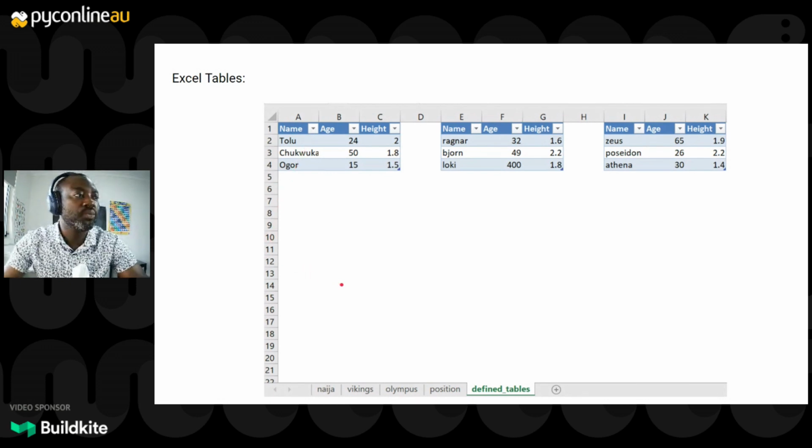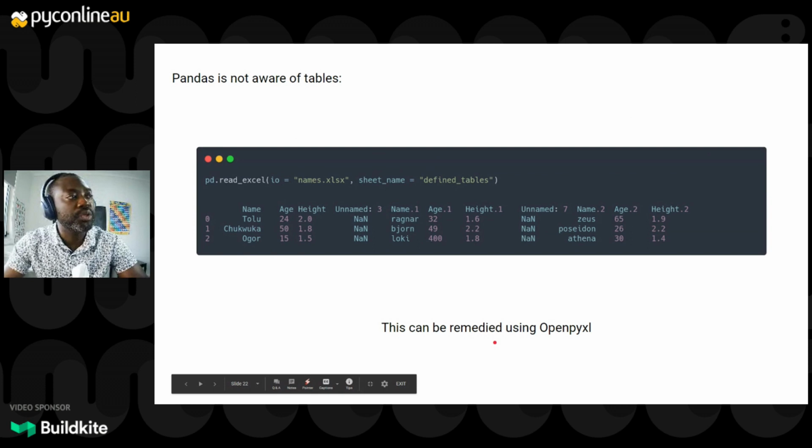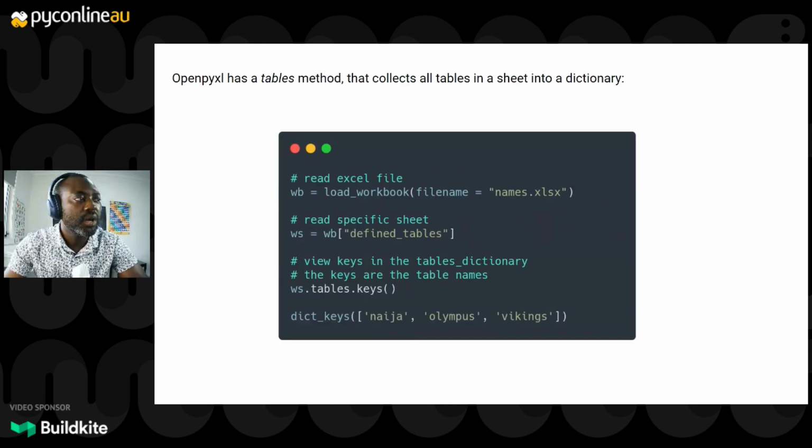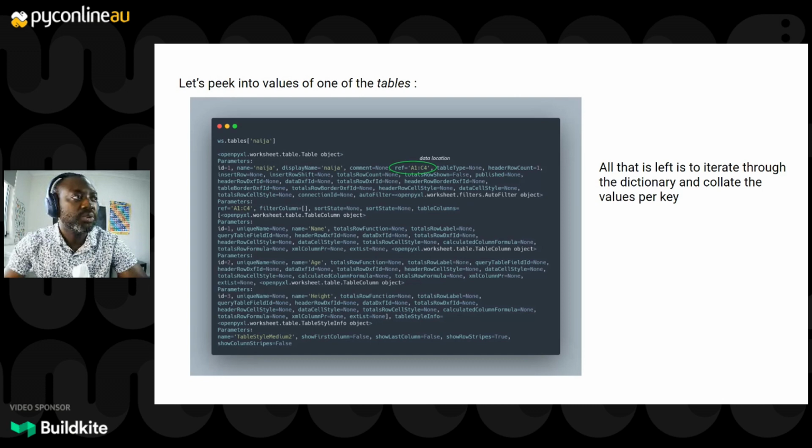Now, if we're working with Pandas, it is not aware of tables, it just reads in the data verbatim. However, we can use Openpyxl, which is one of the third-party packages, to read in the data. What Openpyxl does is allow us to access the tables method in a dictionary. So the first thing you do with Openpyxl is you load the workbook, you access the specific sheets, and if you are curious, you could see that the tables have the keys as the table names, while the values are appended to them. So if we peek into one of the values on the tables,